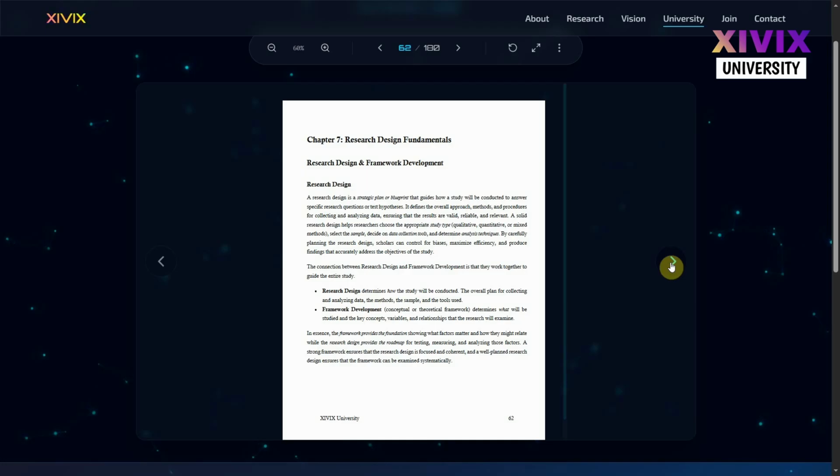Because without a proper research design, you might start off with a different topic and unexpectedly end up with conclusions or findings for a topic which is not your first topic in the first place. A solid research design helps researchers to choose the appropriate study type, whether qualitative, quantitative, or both, which happens to be mixed methods, and select the sample, decide on data collection tools, and determine analysis techniques,